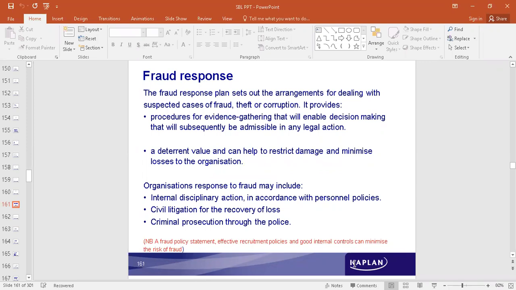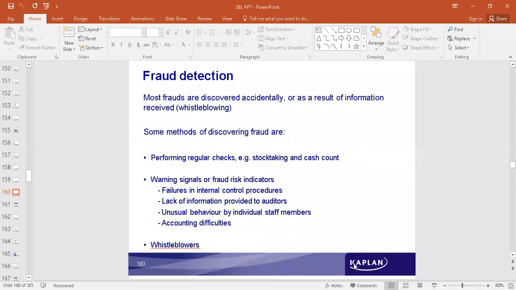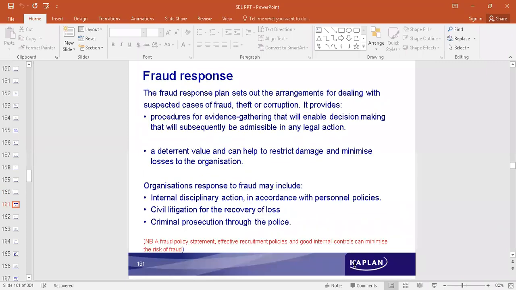Okay. First thing is prevention. Second thing is detection. First, take all possible measures to ensure that fraud does not happen. Second thing is, as things are happening, it should be detected, maybe accidentally, or because someone intentionally shares the information, or if they identify certain warning signals, based on that it should be sensed that there is something inappropriate going on in the organization. That's how fraud is detected.